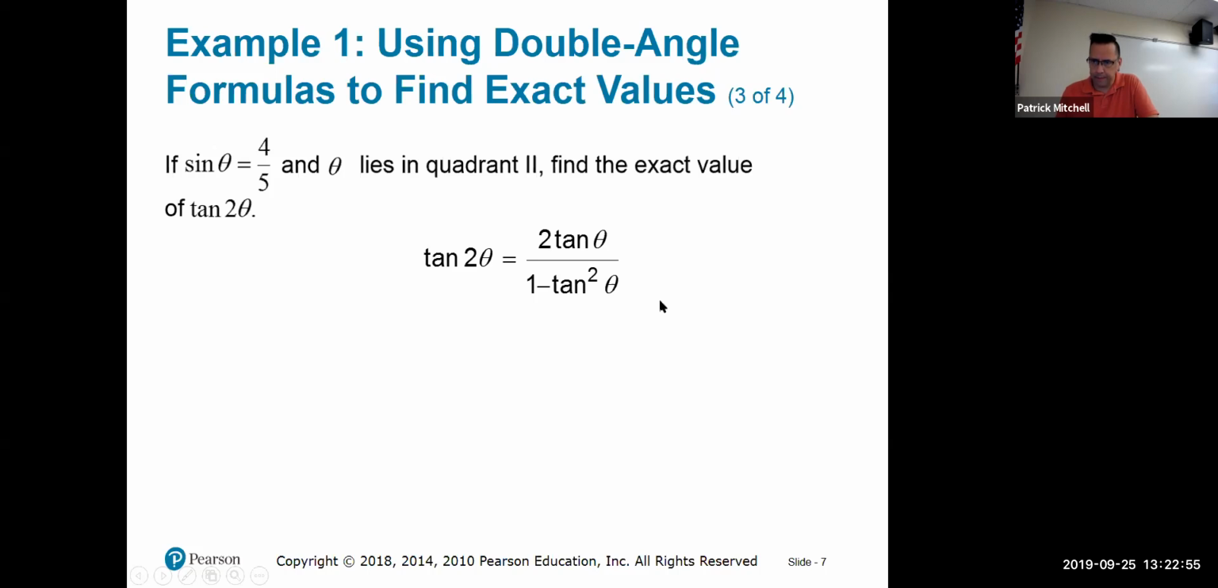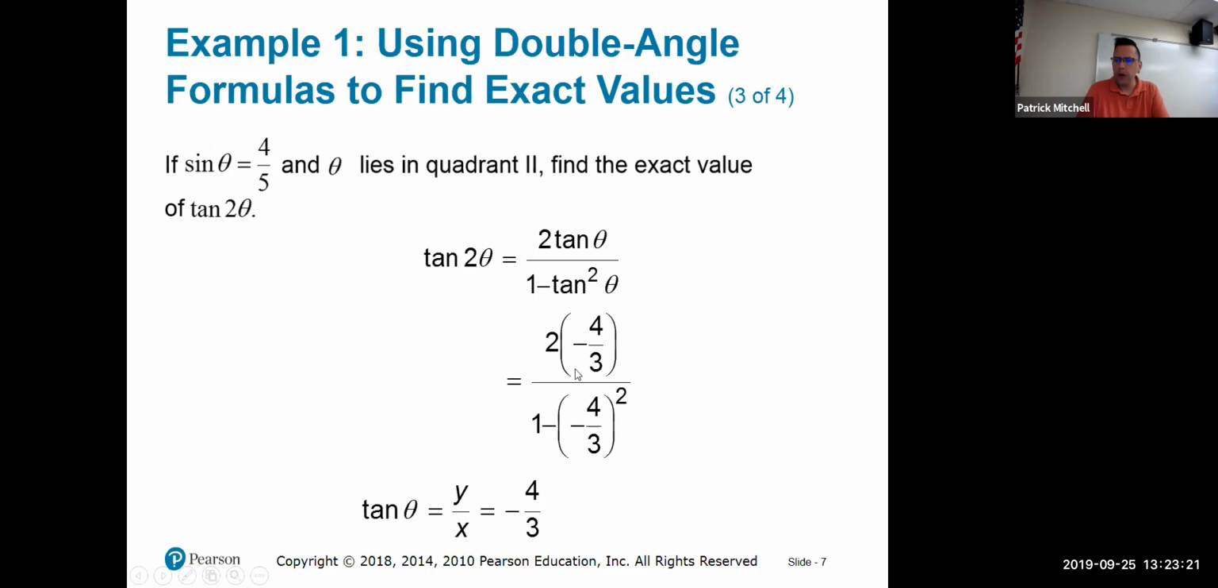We haven't needed it. So I'm going to have to do that first, right? So remember the tangent of theta is y over x, and we were given that y is 4, and we figured out that x is -3. So tangent theta is -4/3. So when I plug that into this formula, I get 2 times -4/3 over 1 minus the square of -4/3,